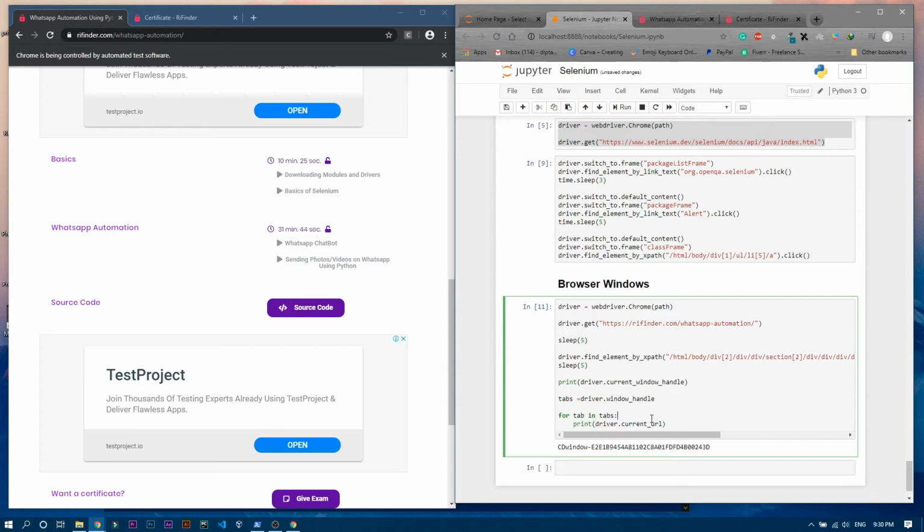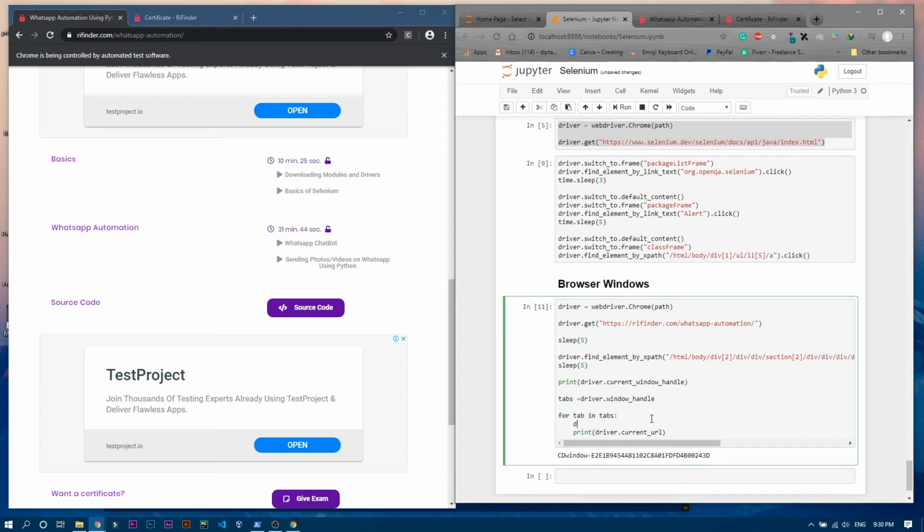Perfect. But before that, we have to move to the particular tab, right? So we have to write driver dot switch to dot window, and in the parentheses we are going to pass tab. And yeah, perfect. So let's see what's going on over here.